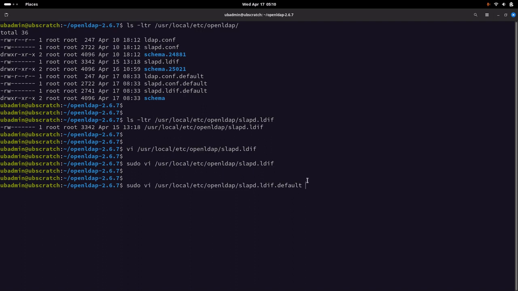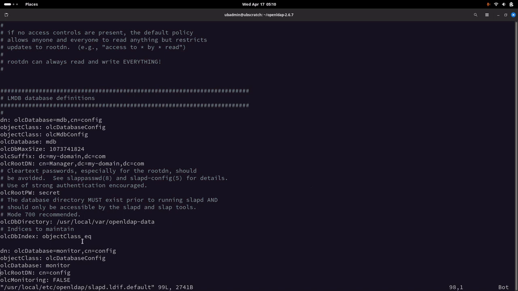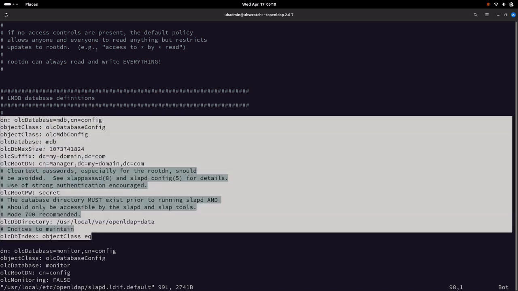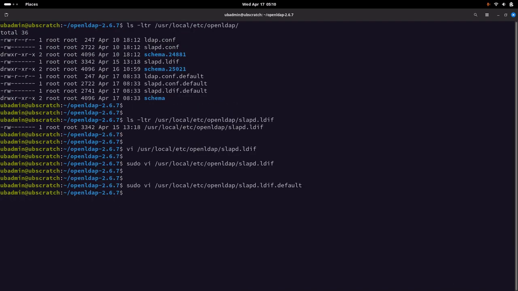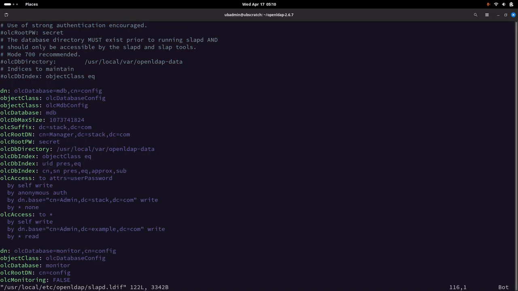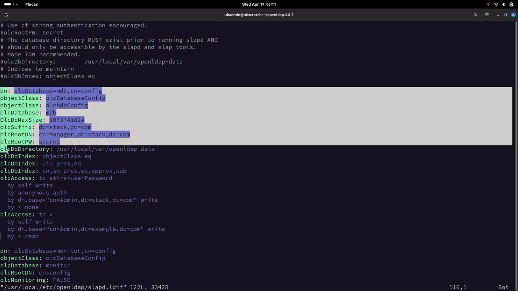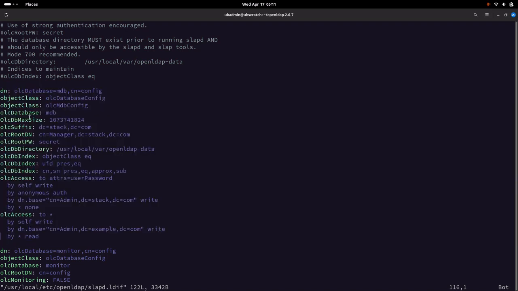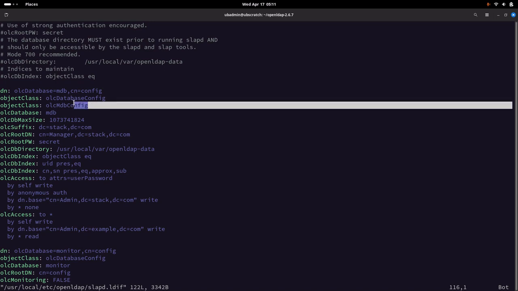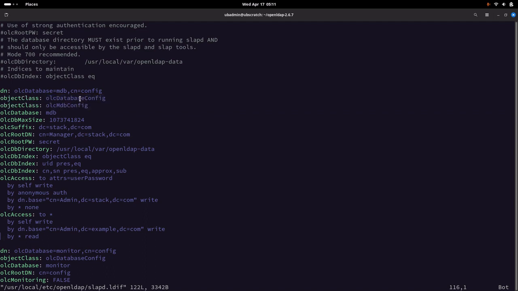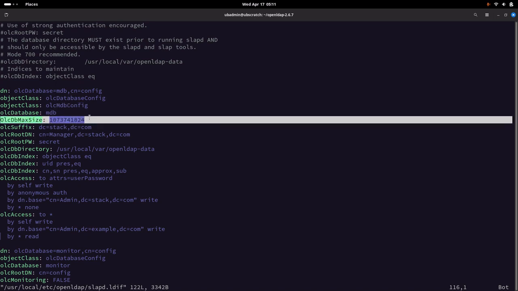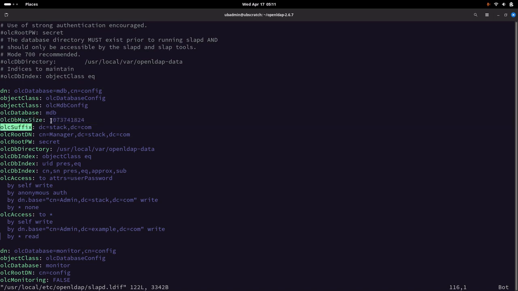Okay, so if you go into this default one, this is the default LMDB database that we get, but I have already modified it as per my requirement in the slapd.ldif file. If we try to understand this LMDB database configuration, it uses the following object classes, that is the schemas for the database: olcDatabaseConfig and olcMdbConfig. We are defining the database max size as this, and the suffix for our database is going to be